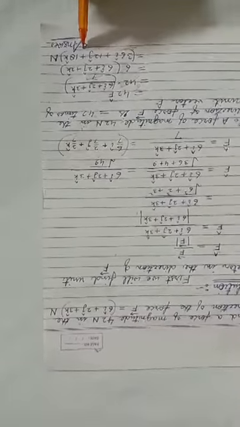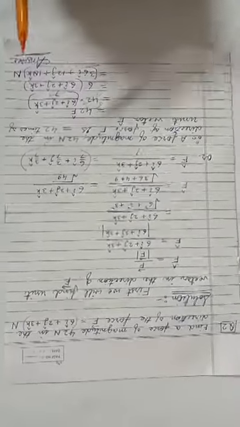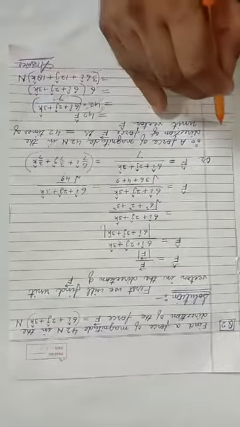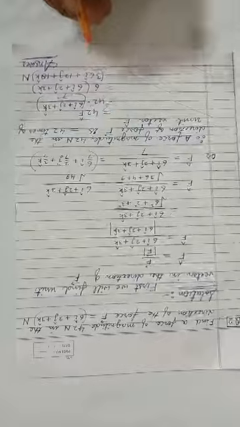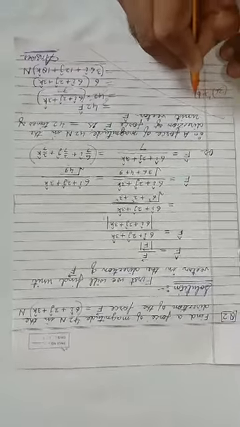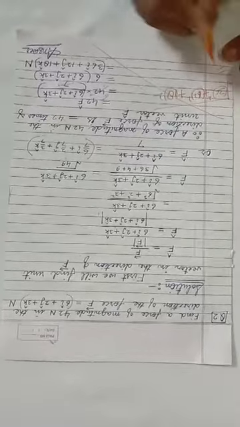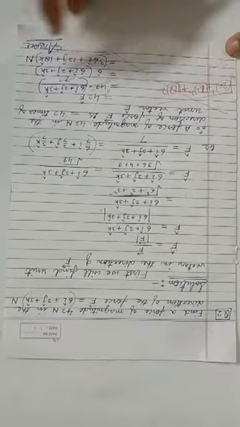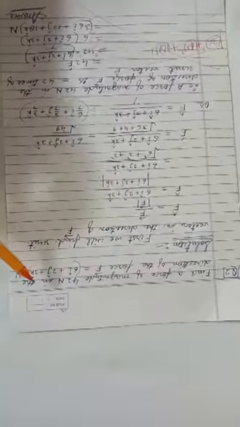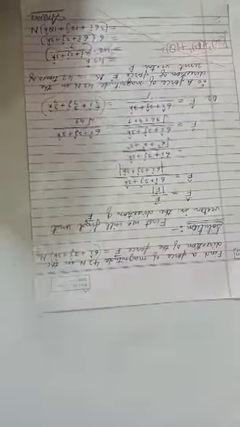Now this is the required vector and this vector should be of magnitude 42 Newton. If you calculate the magnitude of this, you will find that it comes equal to the square root of 36 squared plus 12 squared plus 18 squared, which is 42 Newton. So in this way, this is another question that you will be asked: to find a vector of given magnitude in the direction of a given vector.